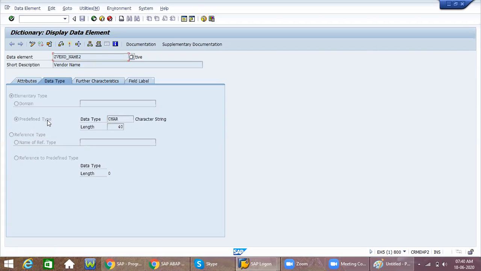That is the reason the best practice in SAP is to go with the domain only. But in interview questions, they will ask how many ways we can create a data element. You have to say that with the help of domain we can create, and with the help of predefined type we can create, whereas in predefined type, domain is not required. That's it.